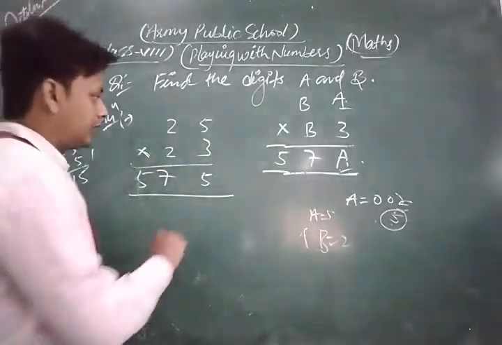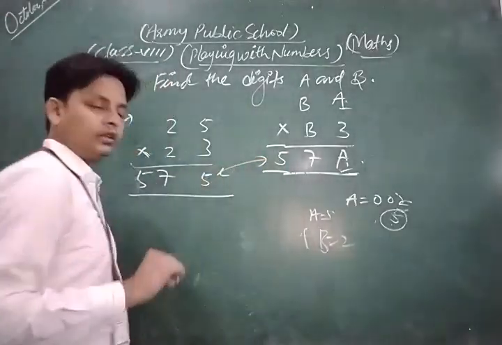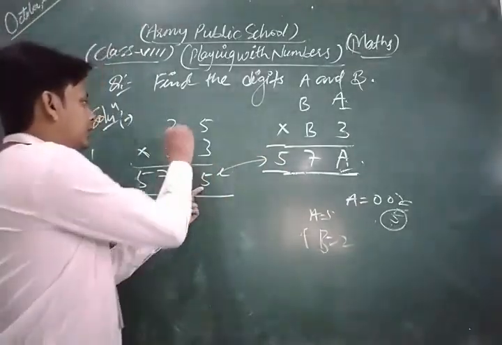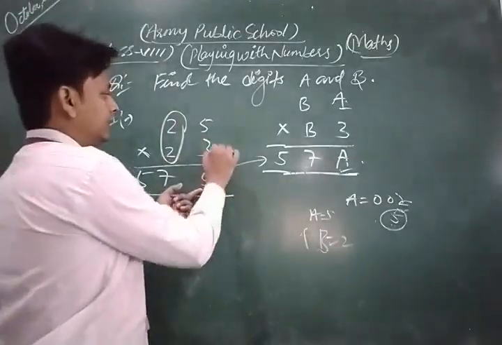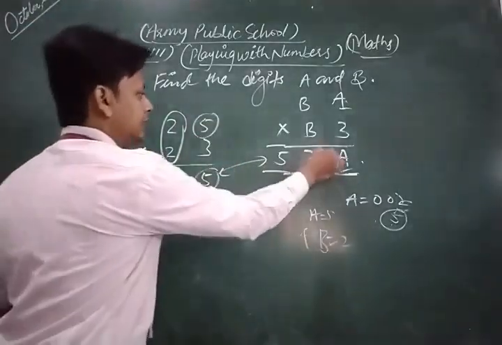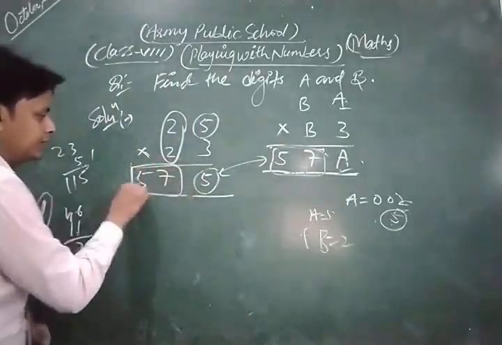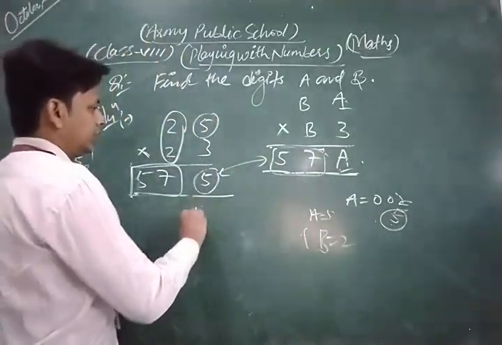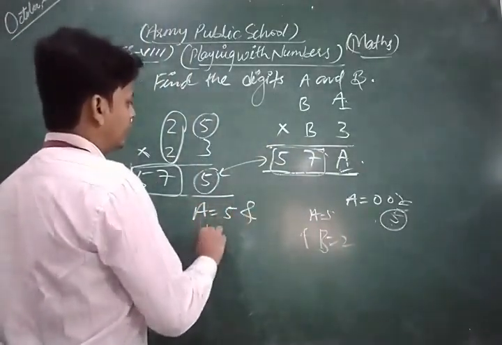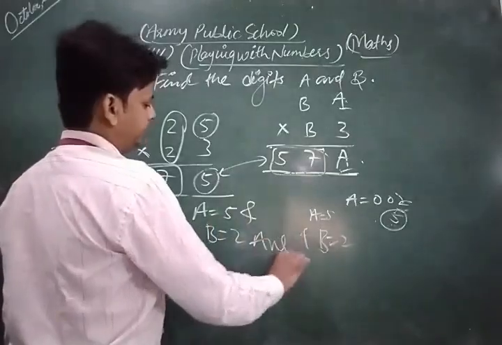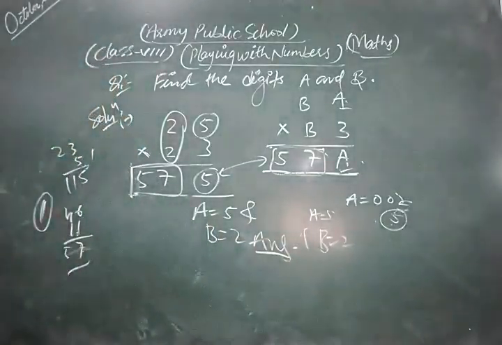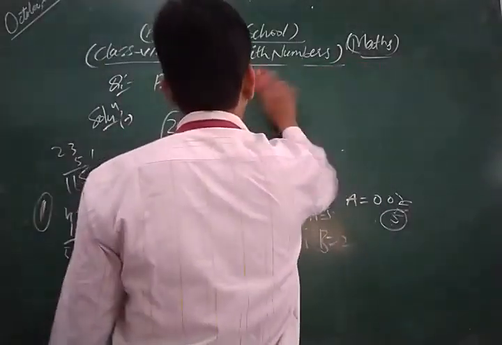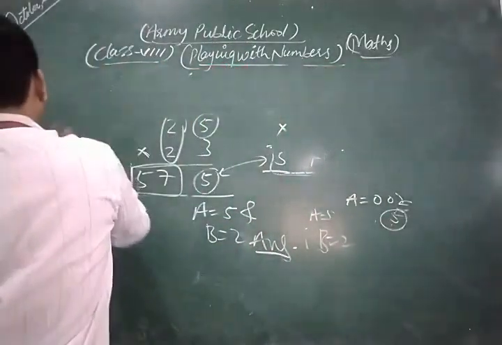So if we compare both the expressions, this satisfies the condition. Look here, this is 2 2, and here this is A and this is A, and 57 is there, so 57 is also there. So in this way, for that question, the value of A is 5 and the value of B is 2. This is the required solution of the given question. Now we take and solve some other important questions based on the same topic.